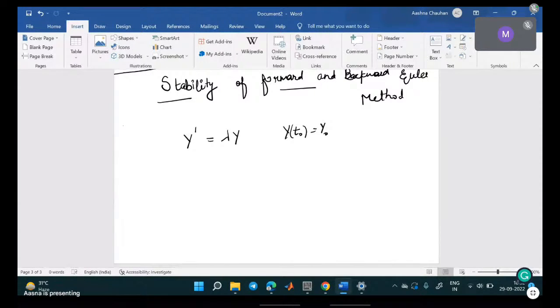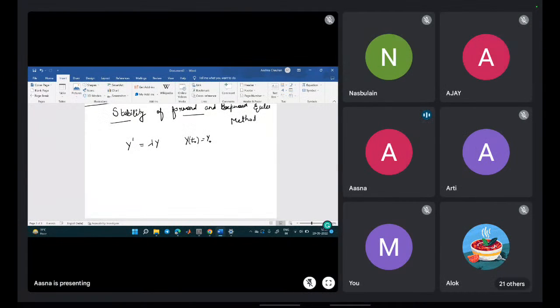So इस टाइप की इनिशियल वैल्यू प्रॉब्लम से चेक करेंगे कि क्या फॉरवर्ड और बैकवर्ड आइलर मेथड स्टेबिलिटी प्रोवाइड करता है या नहीं करता है. If it gives the stability, then under what conditions the forward and backward Euler method is stable. कि मैम ने आपको बताया भी होगा कि फॉरवर्ड आइलर मेथड इज कंडीशनली स्टेबल बट बैकवर्ड इज